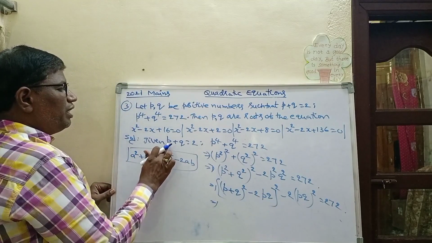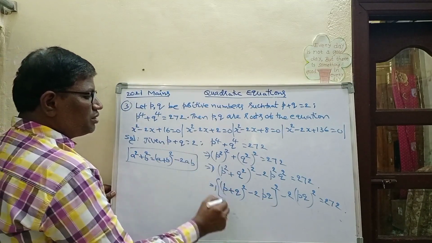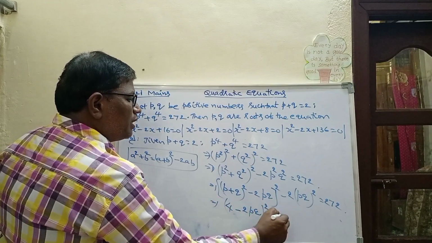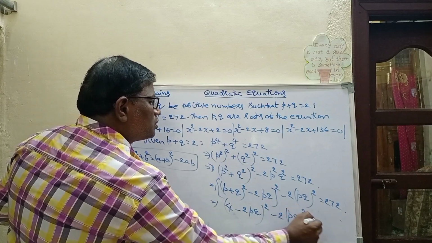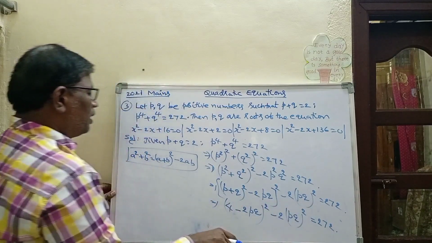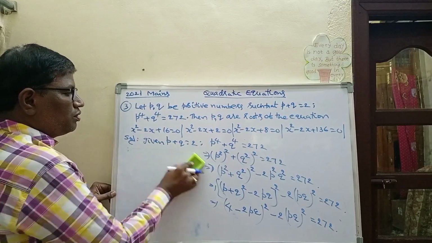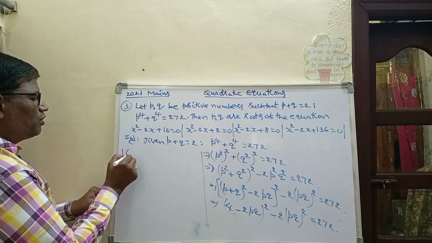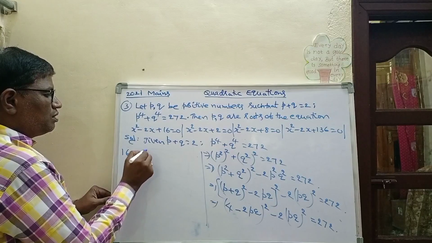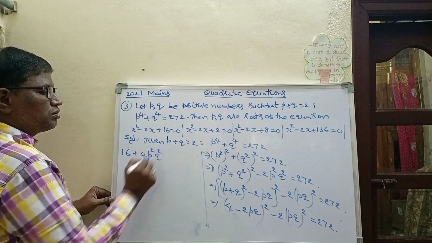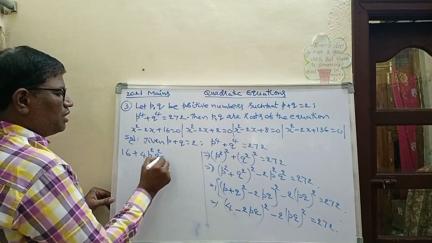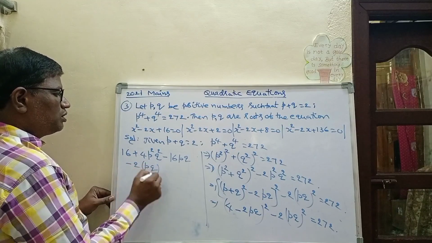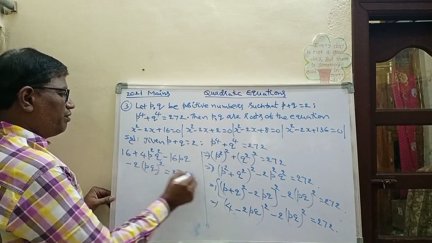So here given data p plus q is equal to 2. So p plus q whole square means 2 square means 4 minus 2pq whole square, minus 2pq whole square is nothing but 272. And coming to the remaining simplification, so this is a minus b whole square. A minus b whole square formula, a square that means 4 square 16 plus b square that means 4 p square q square minus 2ab. 2 4 is 8, 8 2 is 16. So minus 16 pq minus 2 pq whole square is equal to 272.